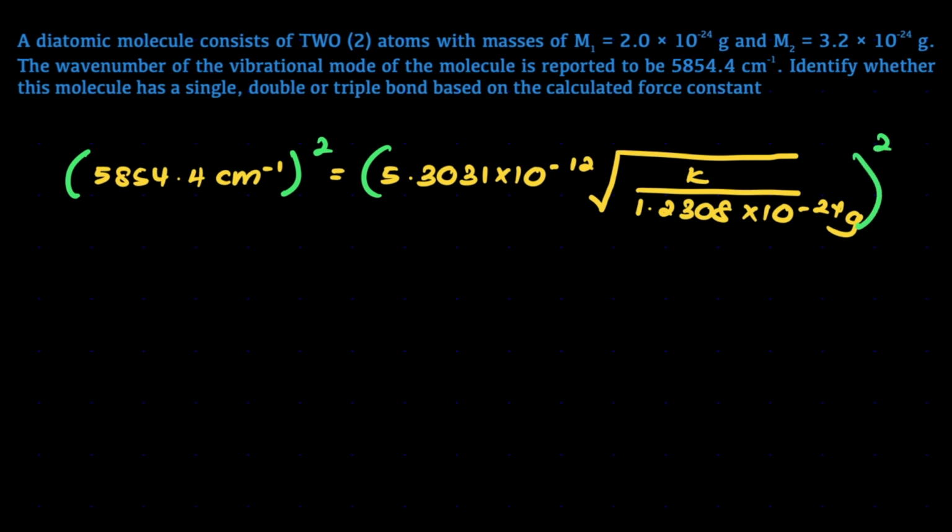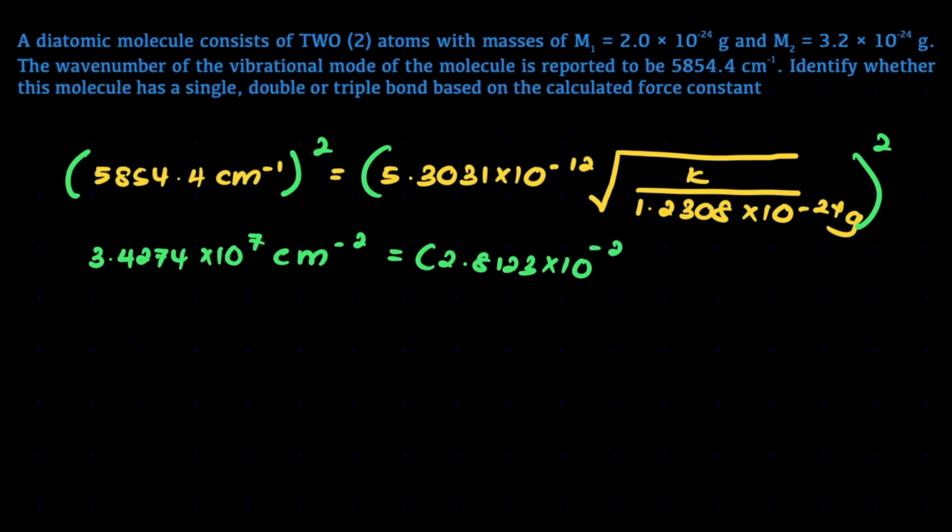So what you are going to get here is equivalent to 3.4274 times 10 to the power of 7. Because there's a square over there, so per centimeter square, equivalent to 2.8123 times 10 to the power of negative 23. So the unit here is centimeter square over second square,